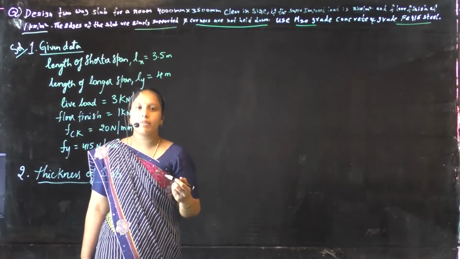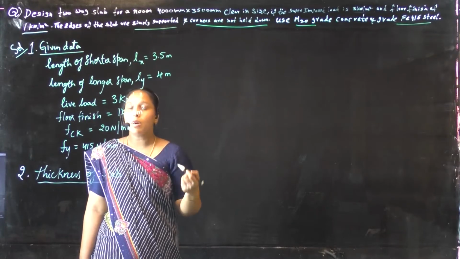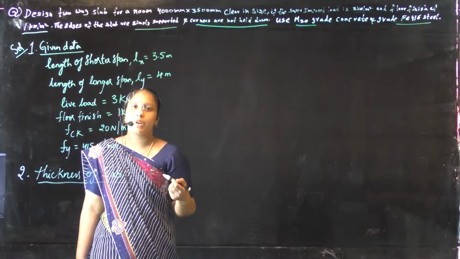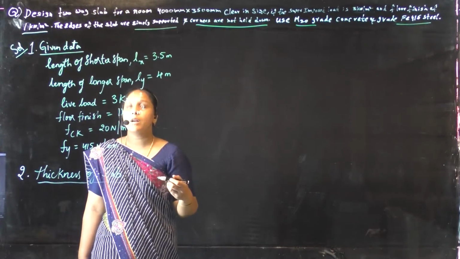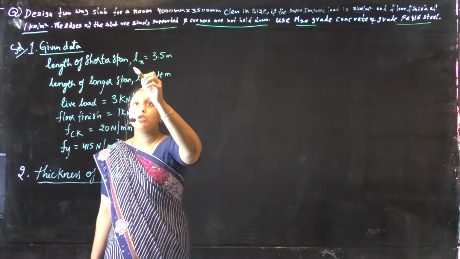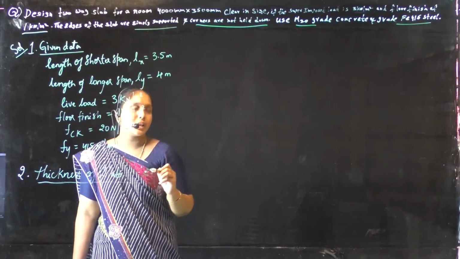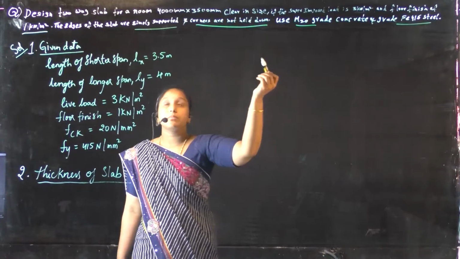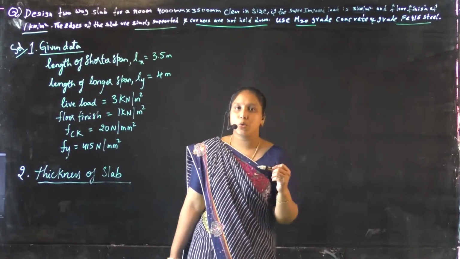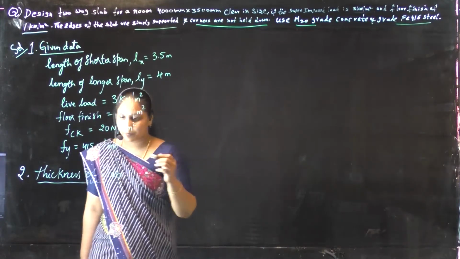We will calculate it based on the span to effective depth ratio. For a two-way slab, when the length of the shorter span is less than 3.5 meters and the loads are less than 3 kilonewton per meter square, then as per clause